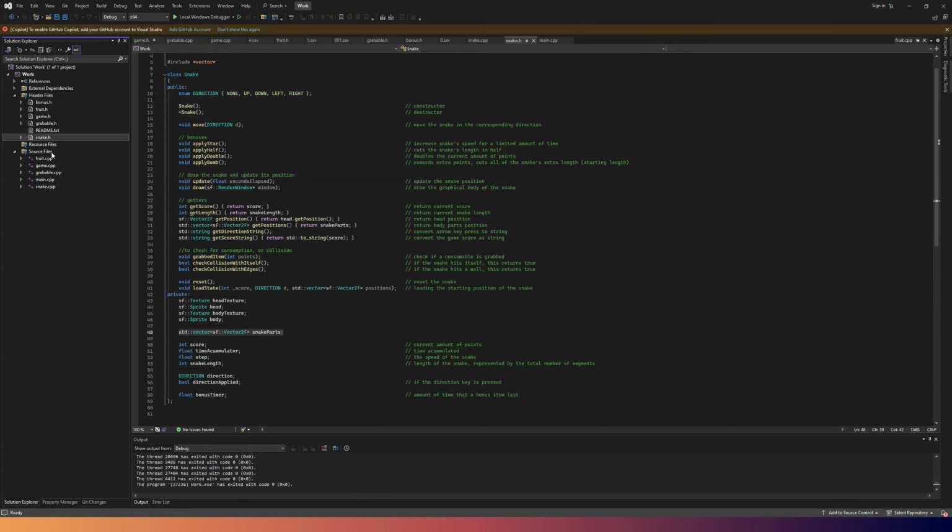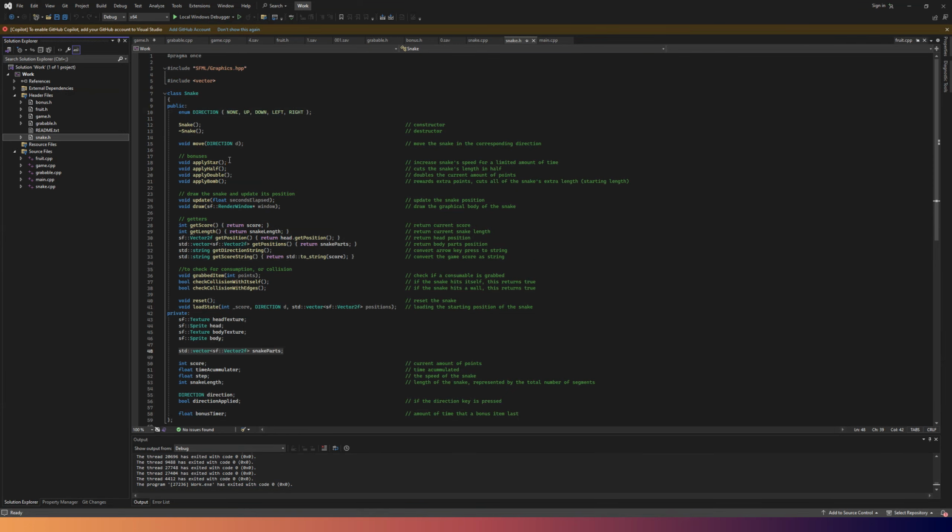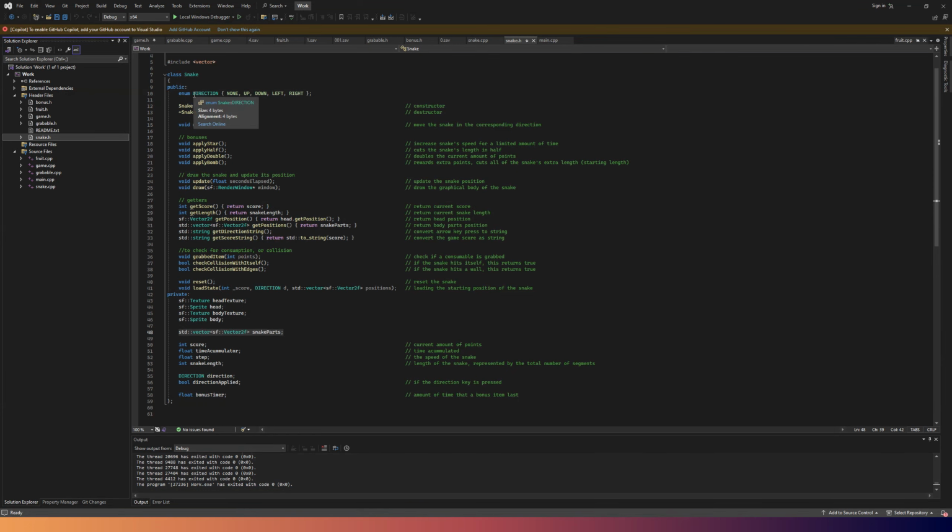Coming to the Snake class, I would have a constructor, and an enumeration for all of the directions. For moving the snake in the corresponding direction, I would have all bonuses, update and draw the snake, and the getters: get score, length, position, get direction string and score string, which would be used for saving and loading the game file, checking for collision with consumable items grabbed, collision with itself, edges, resetting the snake, and loading the game back,